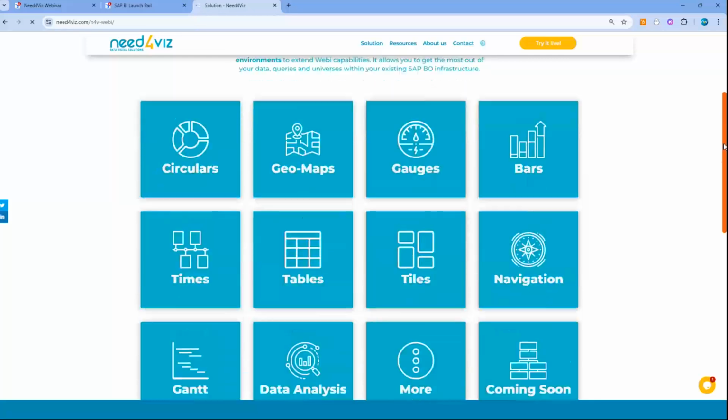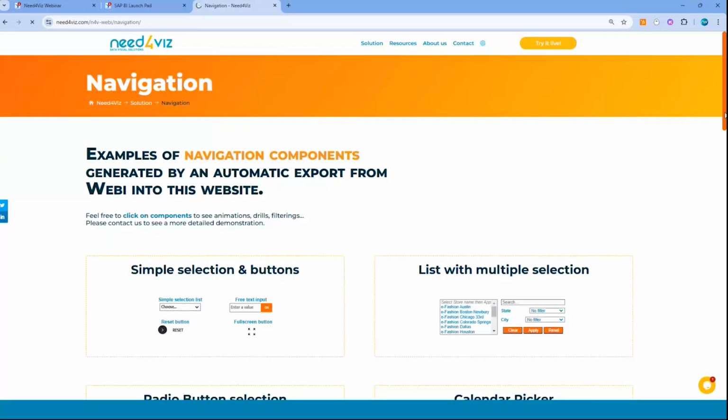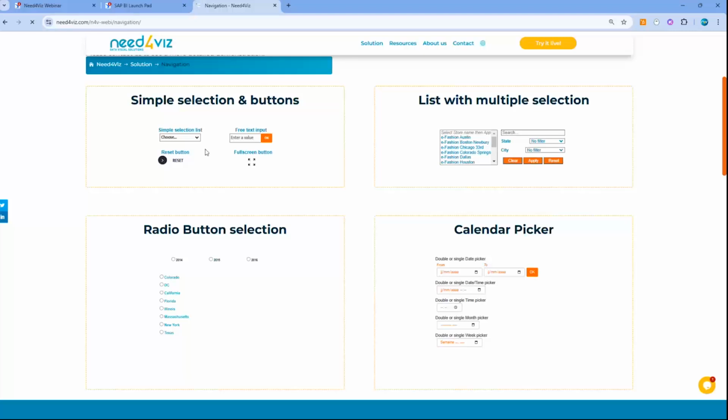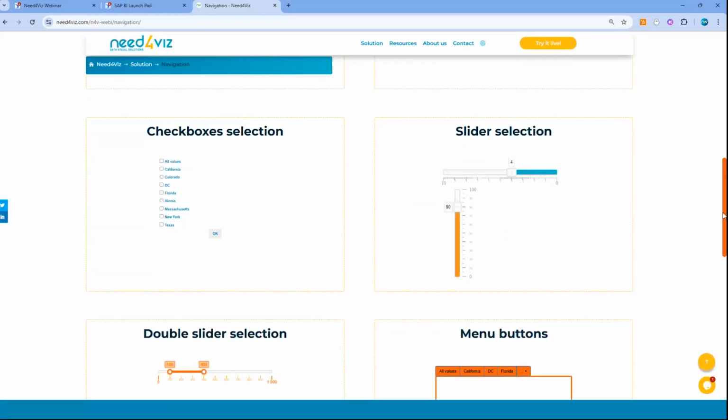And lastly, I'd like to show you our components. The navigational component is a very resourceful one because it provides a lot of utility for those who want to have navigation while still being on the same report. As you can see here, we do it through a simple drop-down menu, also the radio button and calendar picker as well. We provide many different resources per category to make sure you have what you want when you're trying